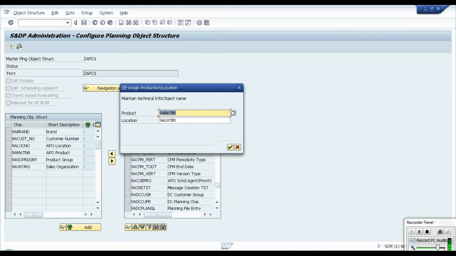If you do not give this product and location here, we cannot perform the life cycle planning, and we cannot release our demand to the SNP. So this is the link for the life cycle planning and releasing the forecast. Anyway, there we can see the details also. When we are doing the life cycle planning and releasing the forecast, then we can see why exactly we have given these options.